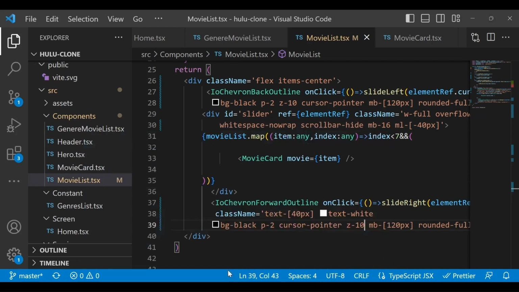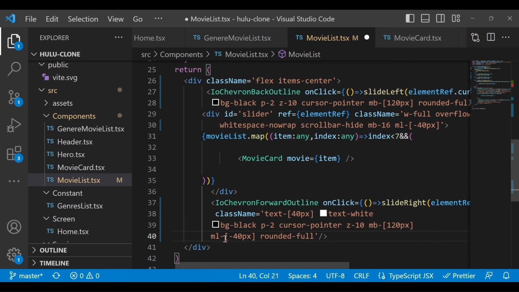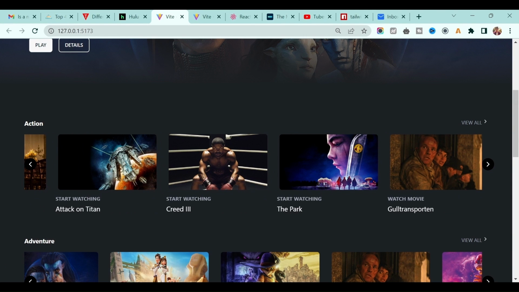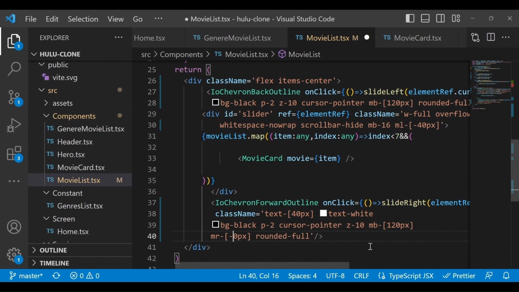Same thing you have to do, only instead of margin left, we'll do the margin right, and in this case I don't think we need more, just minus 20 pixel, and if you see we'll do it 40, let's do it 40.